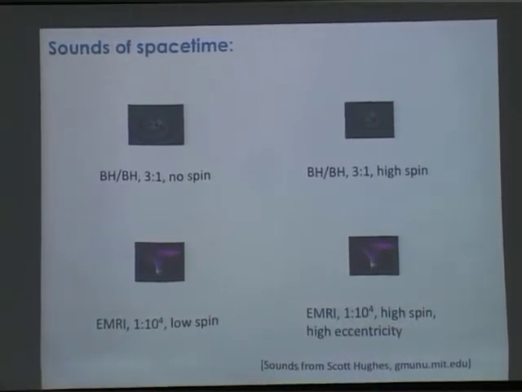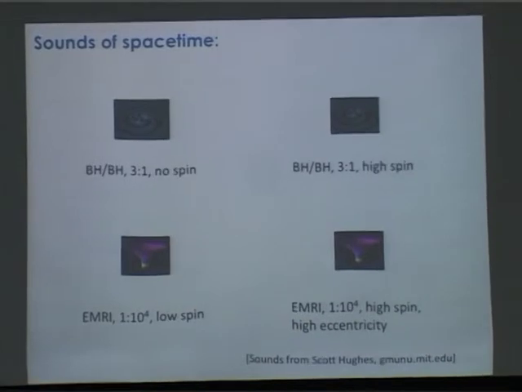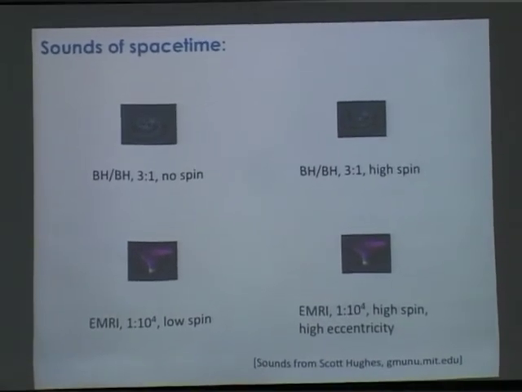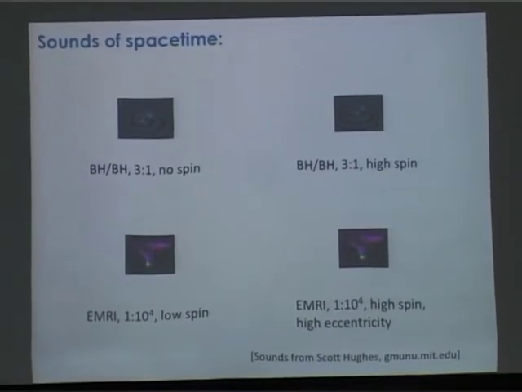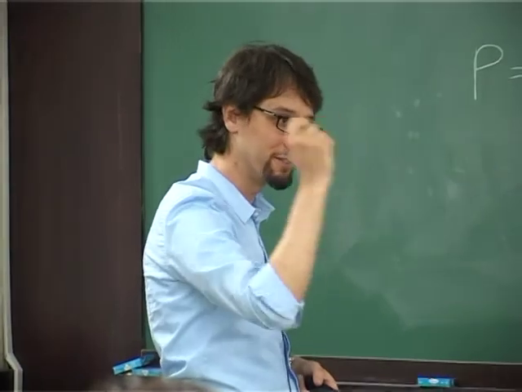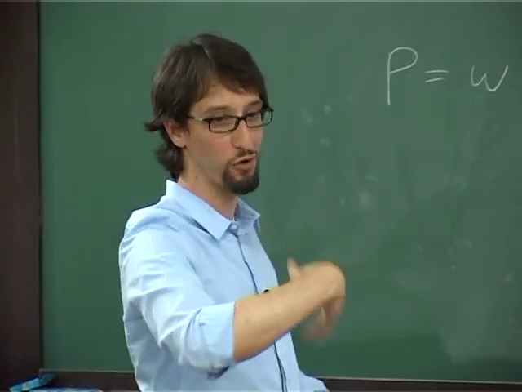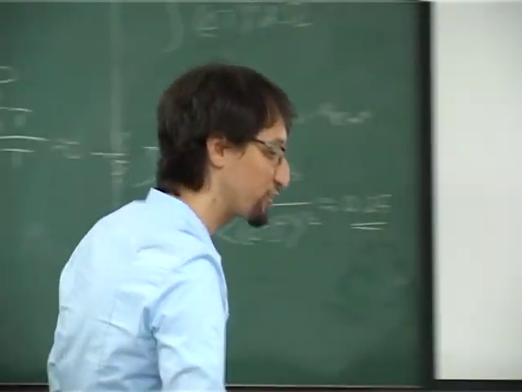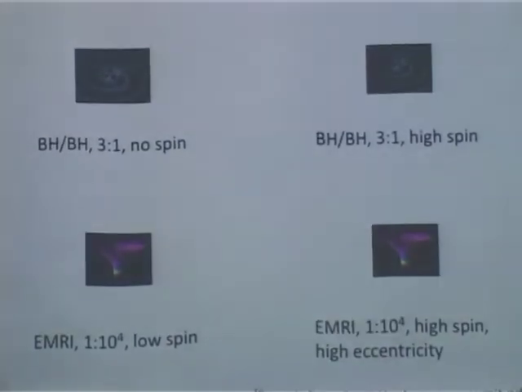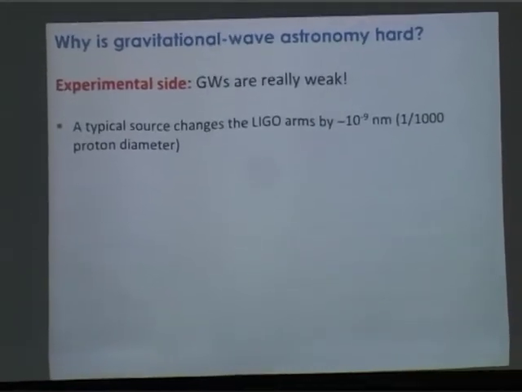And essentially what that is, when you have a very eccentric orbit, when the little black hole, say, gets very close to the big black hole, which is the type of system that's being modeled here, you get a burst of radiation. You get a much stronger burst of radiation when you come at periastron than when you're further away from the black hole. So that's why you hear this knocking, right? And over time, the eccentricity gets smaller and smaller, and it sounds more like the regular chirp sound. Okay, so by making sounds, you sort of gain a little bit more intuition into what gravitational waves are.